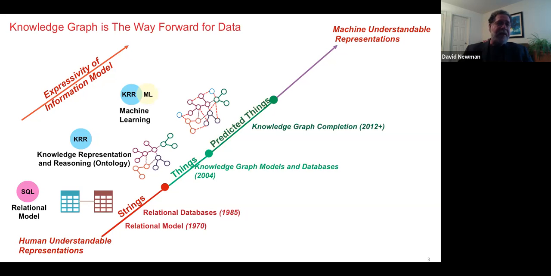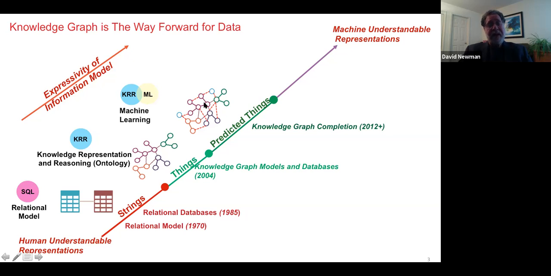So around 2012, knowledge graph models and databases were able to converge with machine learning, where we can leverage new analytic capabilities in this area called knowledge graph completion, where the algorithms converged with the knowledge graph database can infer new relationships, new linkages, link prediction, classification, categorization, in order to create new nodes and create linkages between these nodes